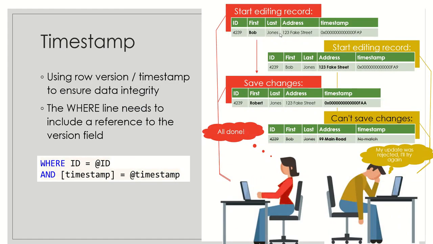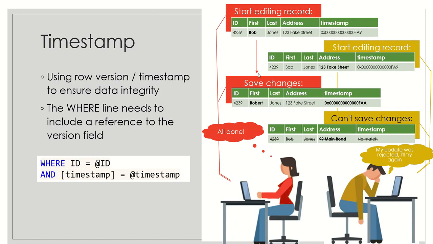So that gives us something that works like this instead. We start off the same way, where red shirt starts editing this record, they perform the read, and they start changing the name Bob to Robert. Meanwhile, yellow shirt over here starts editing the same record. So they both perform the same read and get the same record for Bob Jones. Red shirt happens to save first. Now, when red shirt saves,